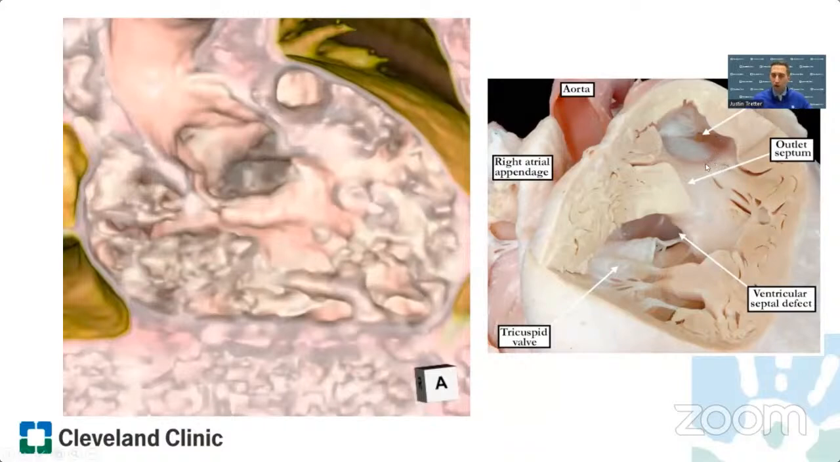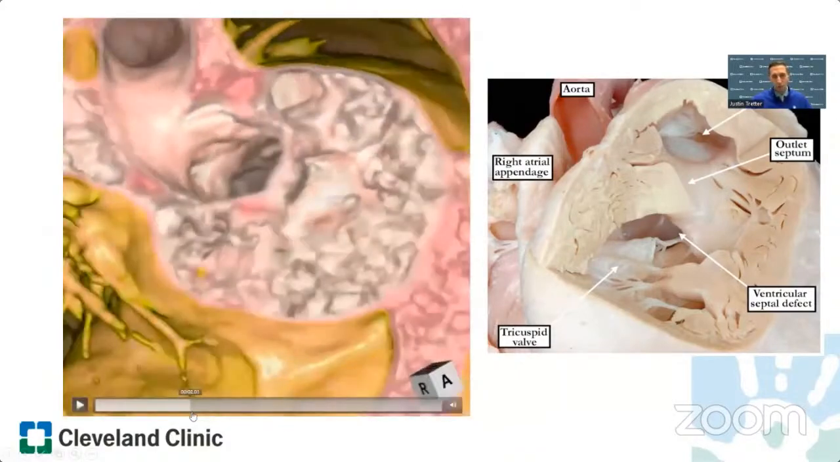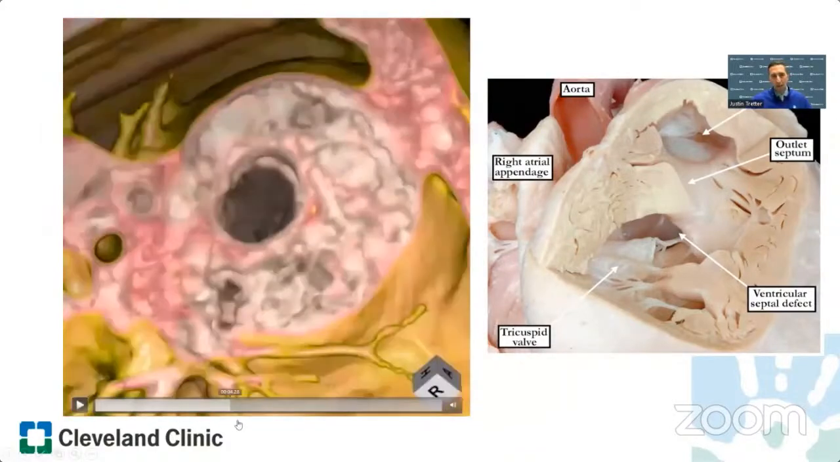So this would not be tetralogy of Fallot, but it would be the most common defect, the perimembranous ventriculoseptal defect with anterior malalignment of the outlet septum, with a well-formed infundibulum and no outflow tract obstruction, or the so-called Eisenmenger defect. If we come back over to the CT data set and we'll cut it into a short axis, and